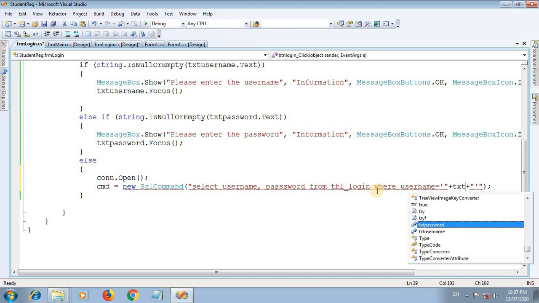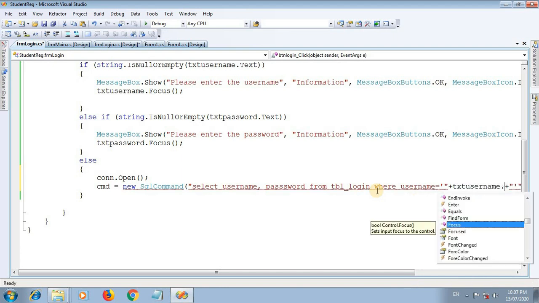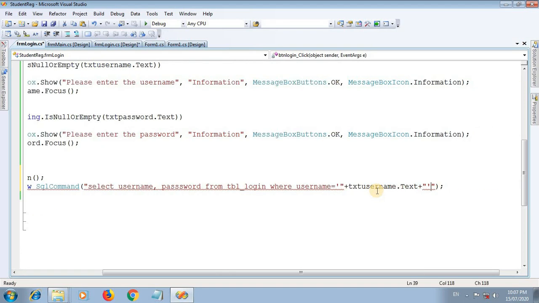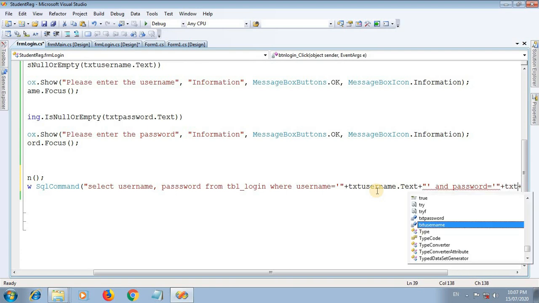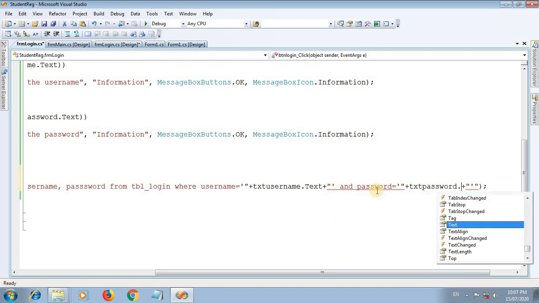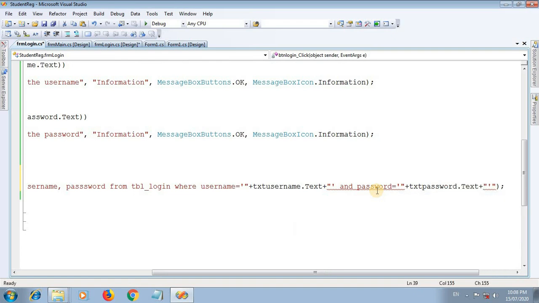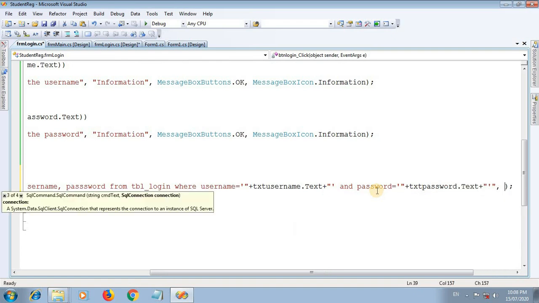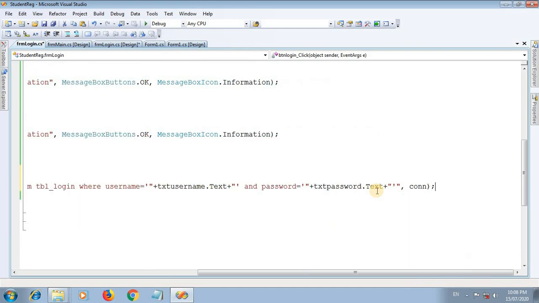In the plus plus, first our text box is txtUsername.Text. Again, and password is equal to, again single quotation, double quotation, plus plus, and here write txtPassword.Text. This is our second text box, and it requires the last parameter, that is the connection object.